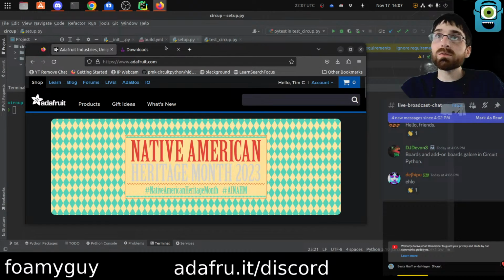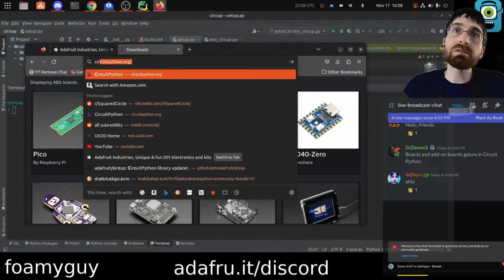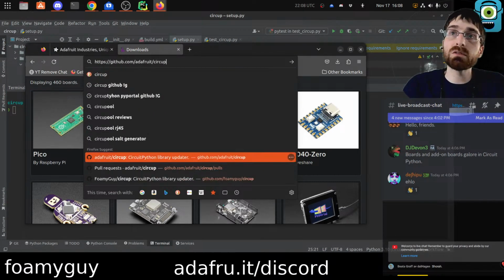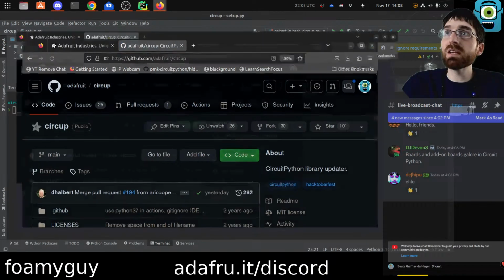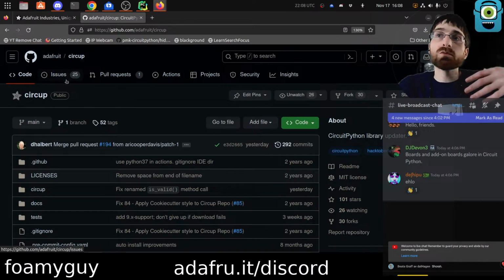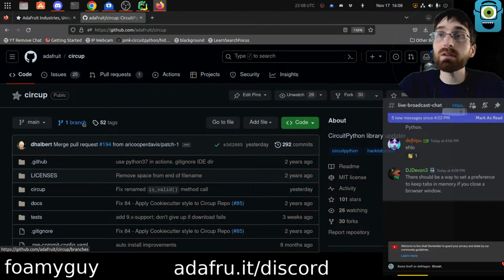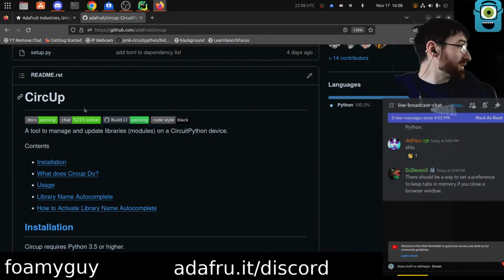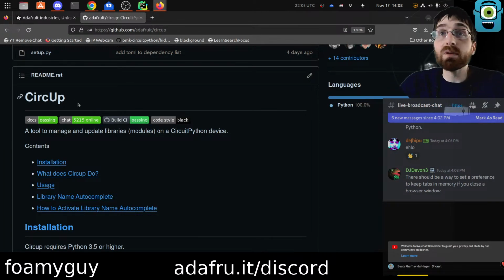The specific topic at hand tonight is actually the same thing we worked on last week, if you happen to catch it, which is we were working on Circup, which is a command line utility. This is a utility that you can run on your PC, and it allows you to interact with a CircuitPython device. So if you have a microcontroller plugged into your PC, Circup will allow you to install libraries on that device, manage libraries. I always explain it kind of like pip, but for CircuitPython libraries instead of